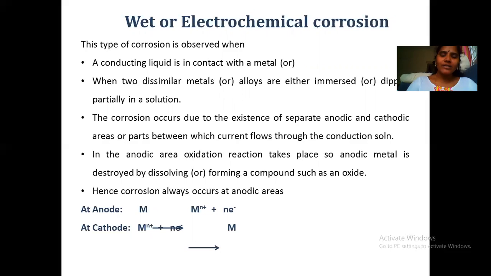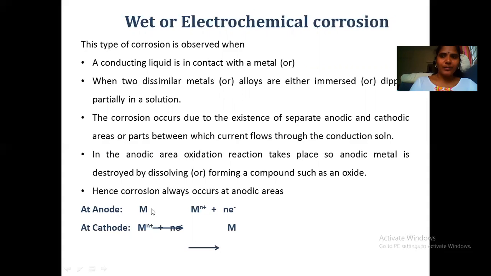So we have a distinction of cathode and anode. Anode will undergo oxidation, nothing but the corrosion, whereas cathode will undergo reduction, nothing but it can be protected from the corrosion. And the oxide layer whichever formed, or the product whatever formed, will be deposited on the surface of the cathode. You can consider the reaction here.